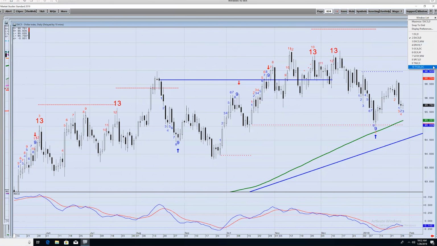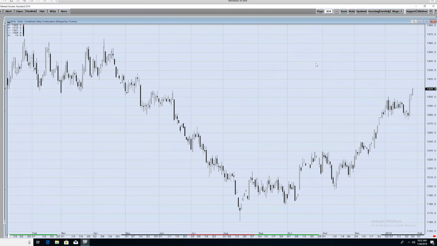Let's take a look at gold. Everybody's talking about a potential breakout in gold. Here's a plain gold candlestick chart. You can't see anything on it. Look what happens if I add the sequential model. All of a sudden, we see a peak here last year in January, one or 2 days before the actual high, a bottom here. This 13.9 was early, double 13s here as it's building a base,